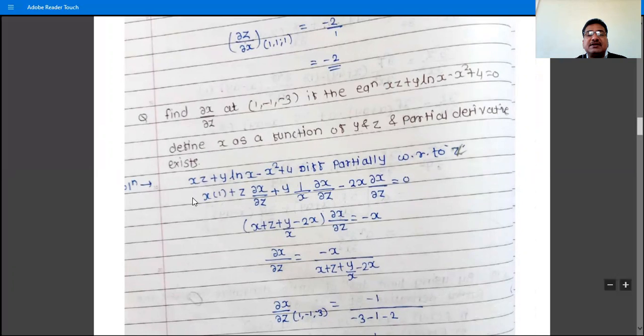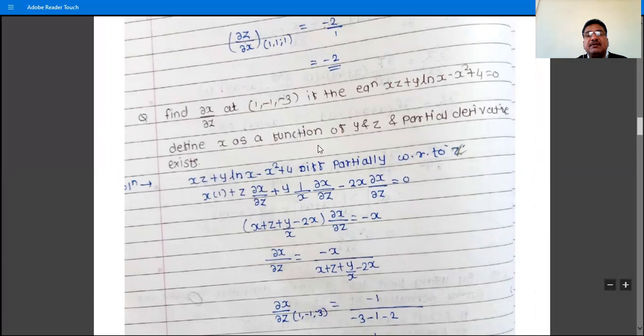So x times the derivative of z with respect to z is 1, plus z times the derivative of x, which is ∂x/∂z. Why? Because x is a function of y and z. That's why we have the derivative of x with respect to z as ∂x/∂z, plus y